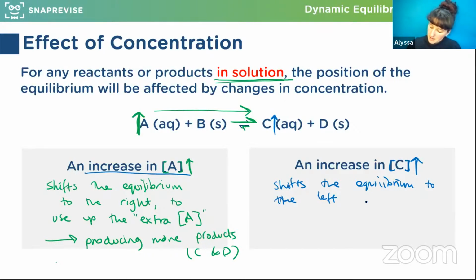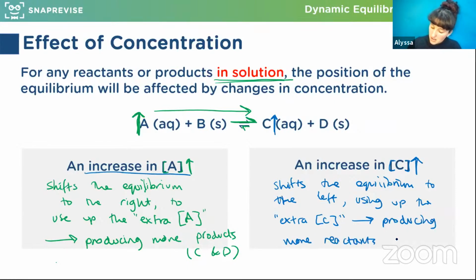Again, we're using up the, and I put it in quotation marks, extra concentration of C. Therefore, in this case, we're going to produce more reactants, A and B. What's meant by yield? Yield is